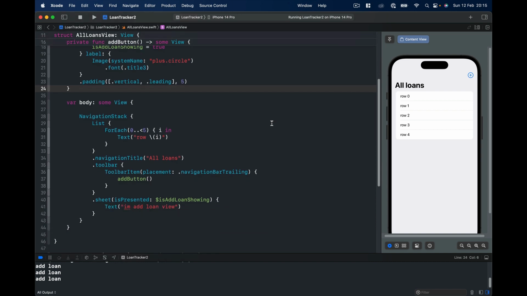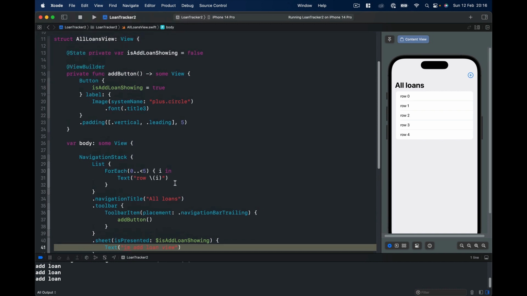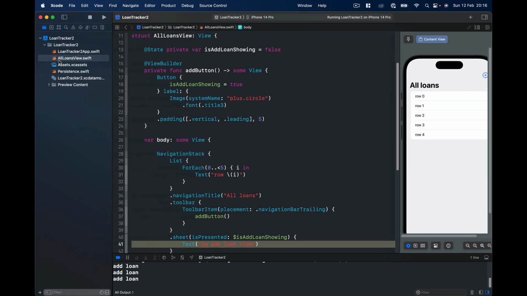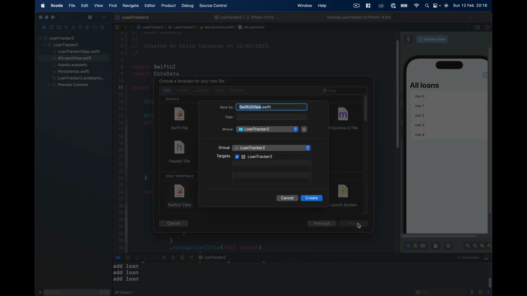Cool, our presentation of add loan view is working, but right now we have only the option to dismiss this, which is to pull it down. But Apple recommends that we always have a button to cancel the view anyway. Even though the pull down is available, we need to provide the button as well. So for now, let's keep the things as they are because we have a text here. What we are going to do is create this add loan view so that we can present it here. So let's go to our file here, Command N, new SwiftUI view,